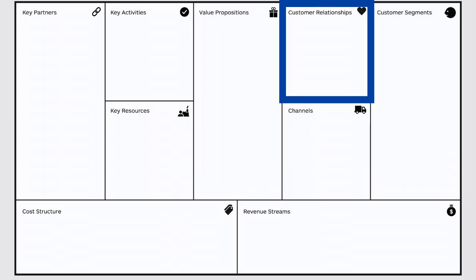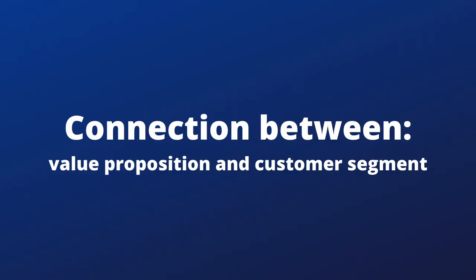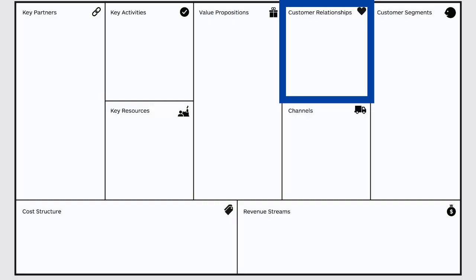Having defined the customer segment and defined the value proposition, let's go next to the customer relationships. And this is the area where you're making an actual connection between your value proposition and your customer segment. This is the area where you really can find value in the specific nature that you've defined for your customer segment and how that relates to the value proposition or one of the variances of your value proposition.